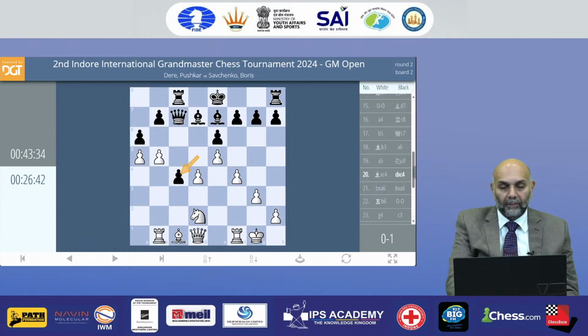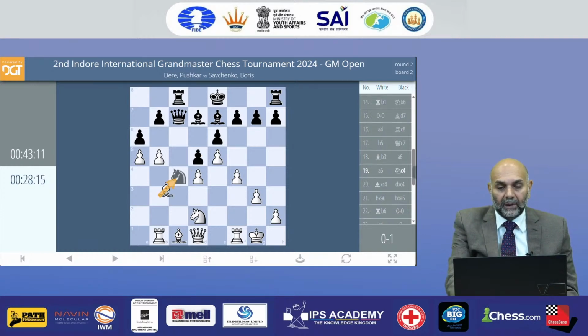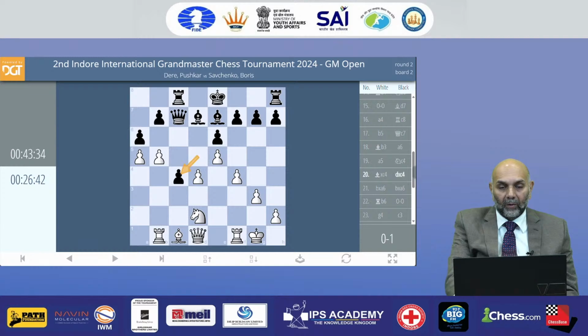White gave up a king bishop. I think this piece was one of the most important pieces. This bishop on b3 was one of the most important attacking pieces for white. But now there are various threats for black. Knight wants to come to e3. Black also wants to take the a5 pawn. So somehow white's position is falling apart, but white still has a reasonable chance of a king side attack.